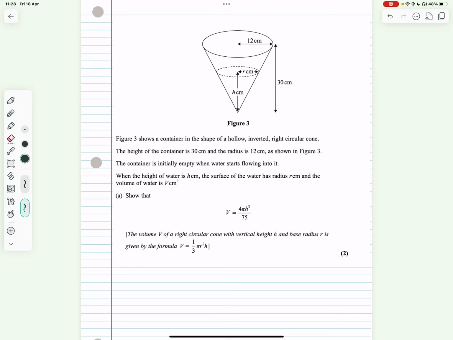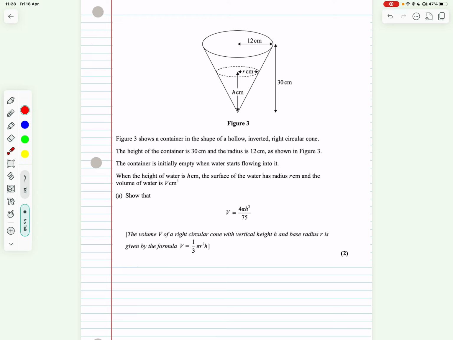All right, question number 5. Question number 5 is the application of differential equations, the derivative and integration, you can say. Okay, so question 5 says, Figure 3 shows a container in the shape of a hollow inverted